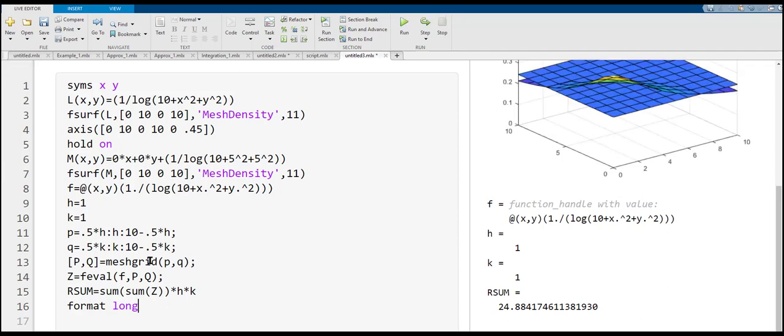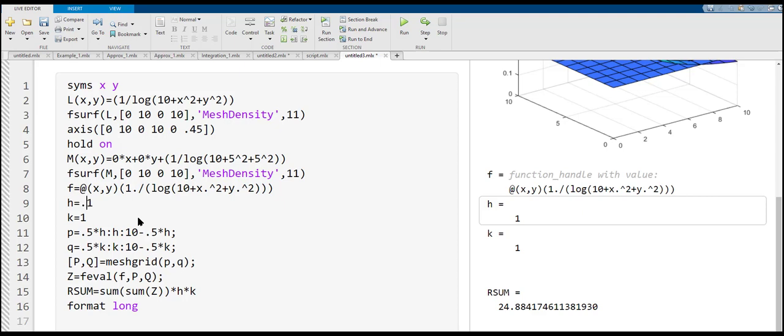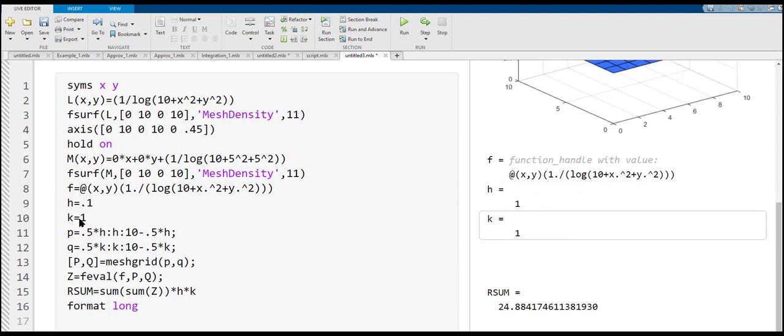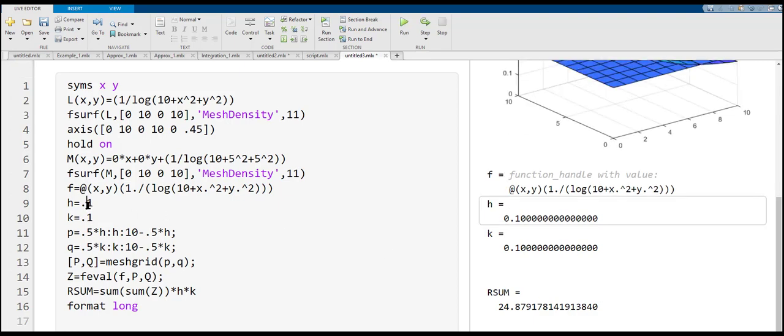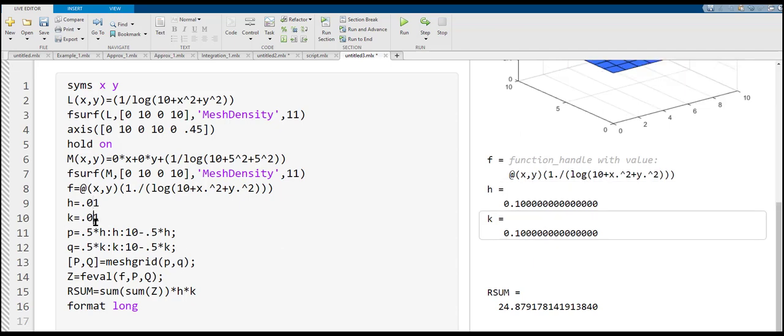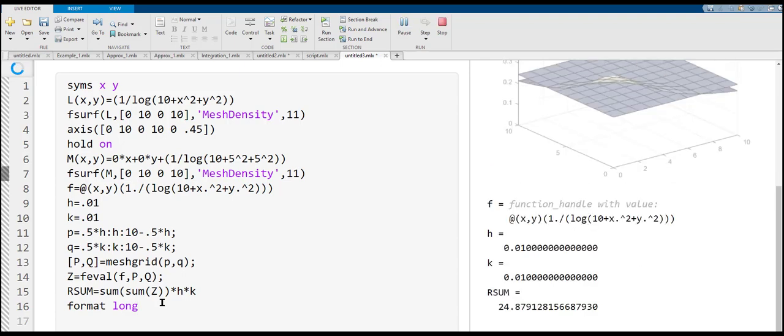Okay, and an advantage is that if you want, you can just go ahead and change the step size. All right, and there we go. And when we compute it again, here is the new sum. All right, you can even make your number of partitions larger. And then if you do that, you can see we get this value here,